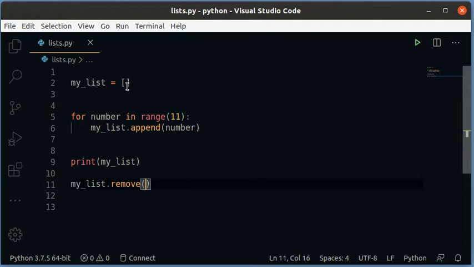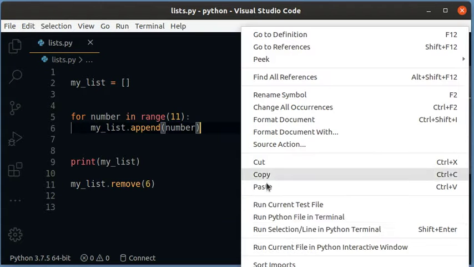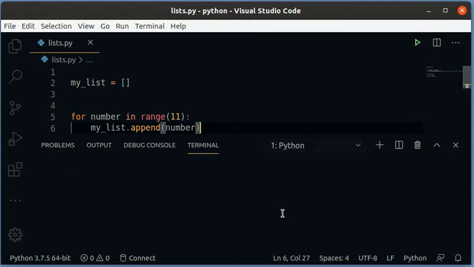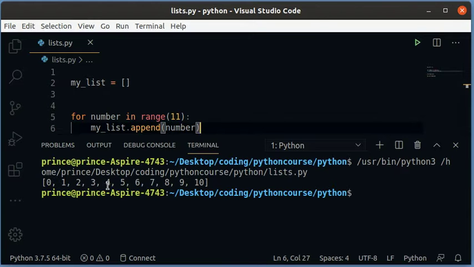We know that in our list we have 0 through 10. So let's say we want to remove 6. If you run this, we are going to remove 6. So you can see